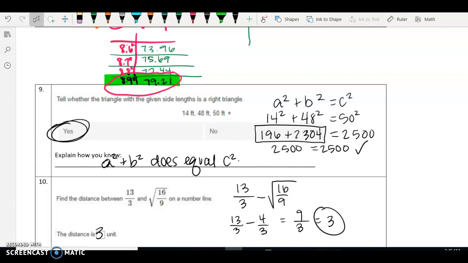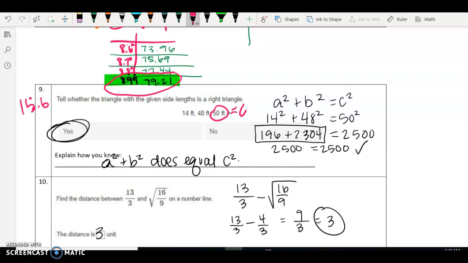We want to see if it is a right triangle, and so this is 15.6, and so we are going to plug that into our Pythagorean theorem. So 14 squared plus 48 squared equals 50 squared. Remember, our biggest number is always our c, and so we get 196 plus 2,304 equals